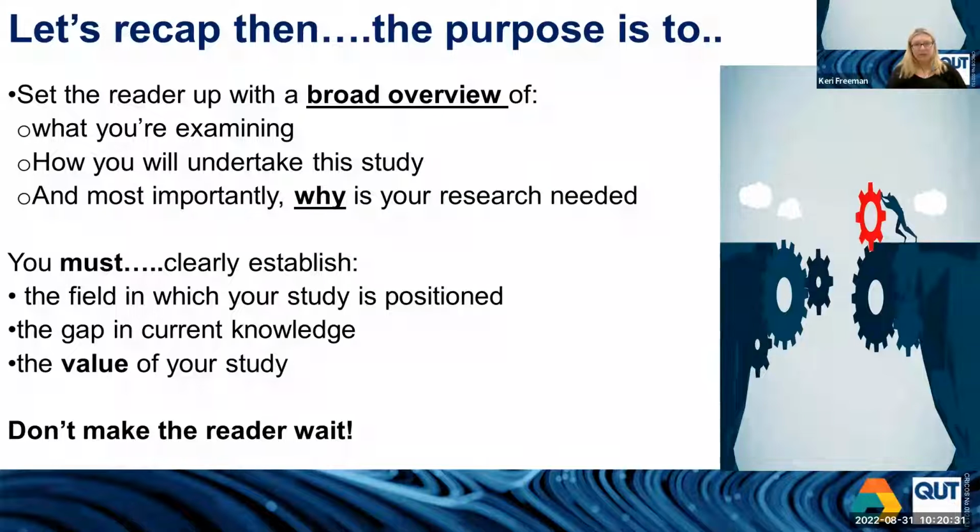Don't make the reader wait. That's really one of the key things to take away from today. I know there's a lot of things that we just said that you need to tell the reader about. So you really need to do most of that very concisely in the first few paragraphs. Don't make the reader wait. We don't want the reader to get to page 4 and be like, I'm still not quite sure what's going on here. That's no good. We need them to be in those first sort of 1 to 2 pages, fairly clear, not of the details, but of the broad overview of what you're doing.